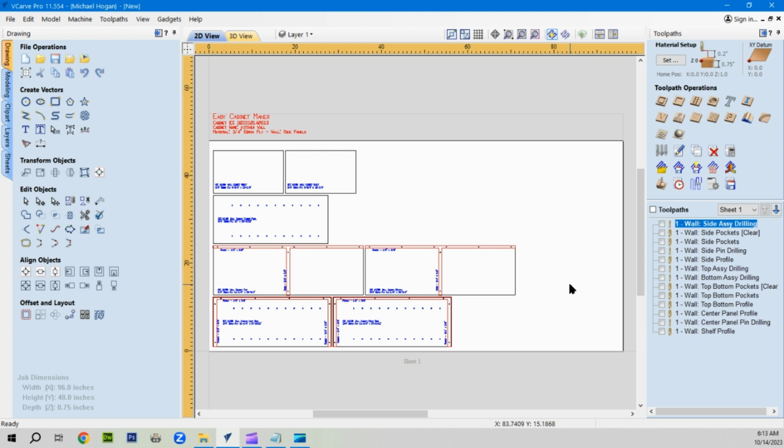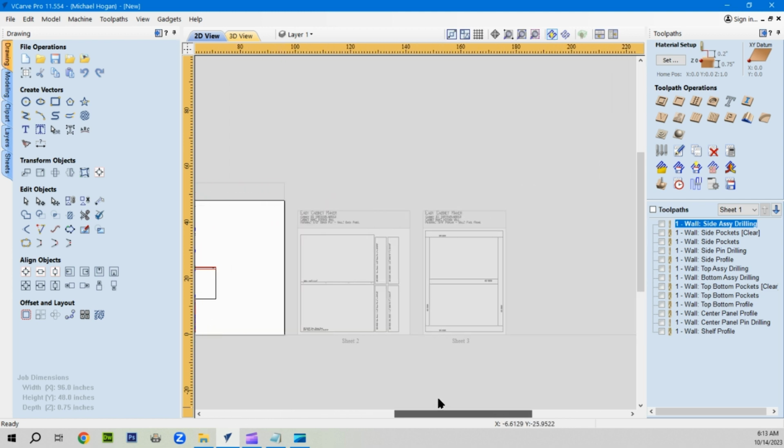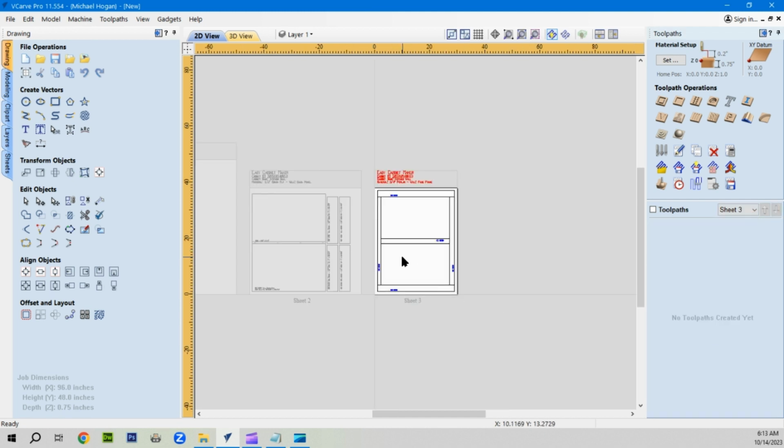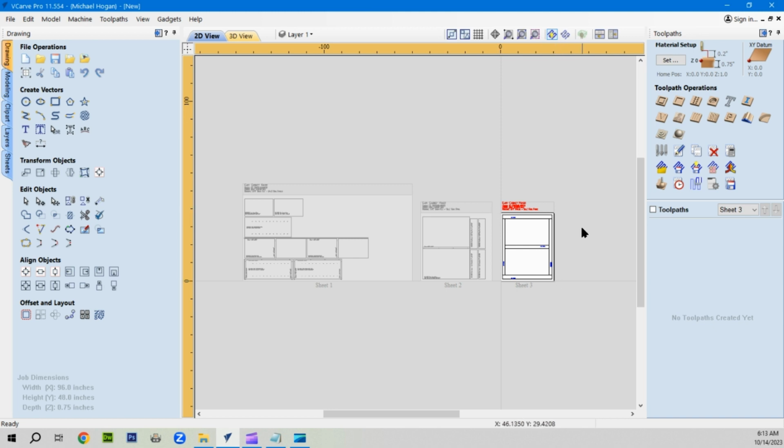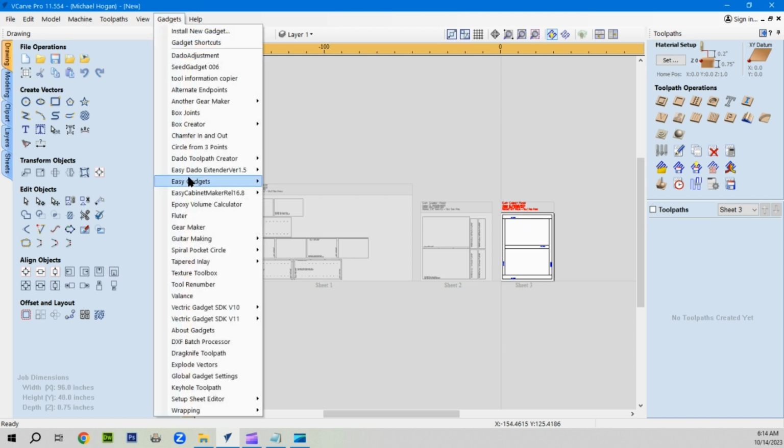Right now, we don't have any tool paths created for the face frame, which in this case here is sheet 3. You see there's no tool paths. So in this particular case, if you did want to cut it on a CNC, you could move these parts to sheet 1 and then use one of the profile tool paths that cut out these parts and add the face frame parts to that. And there you have it, cut the parts out. But anyway, getting back to the RTF,